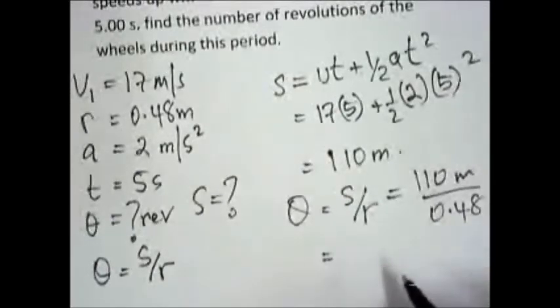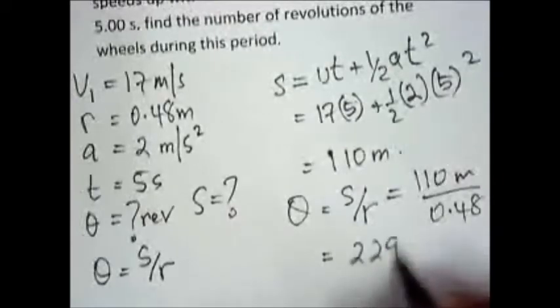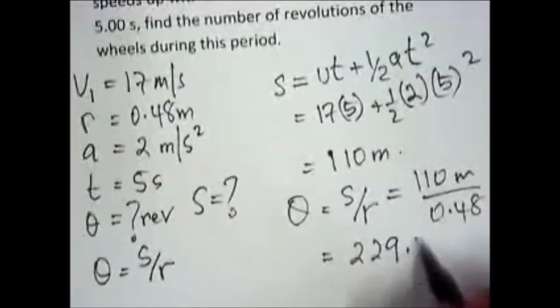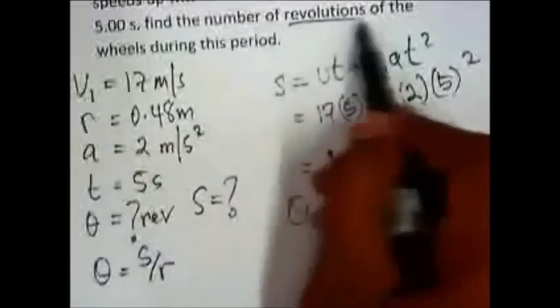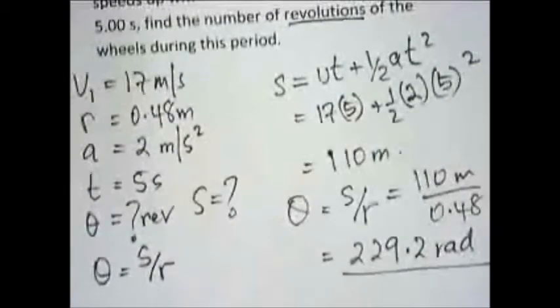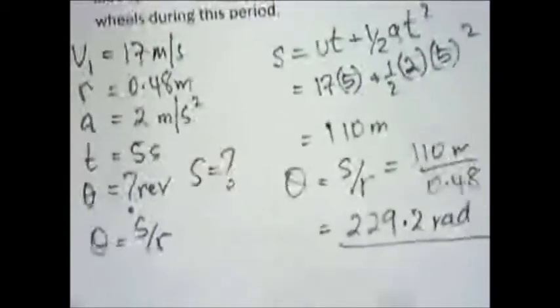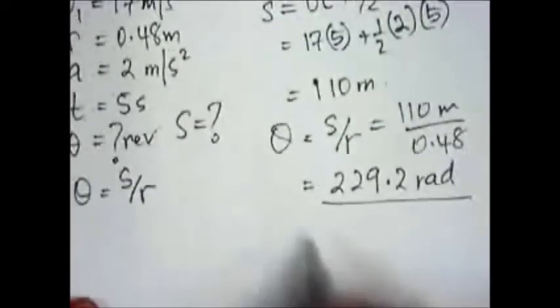You end up with the answer being equal to 229.2 radians. You can check that in your calculator. Now that is not the final answer because the question says number of revolutions. So you need to change radians to revolutions. So what we do next is we know that